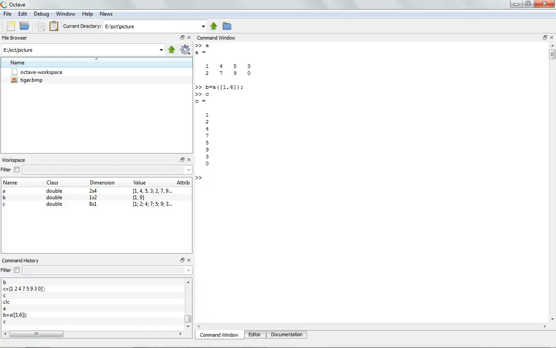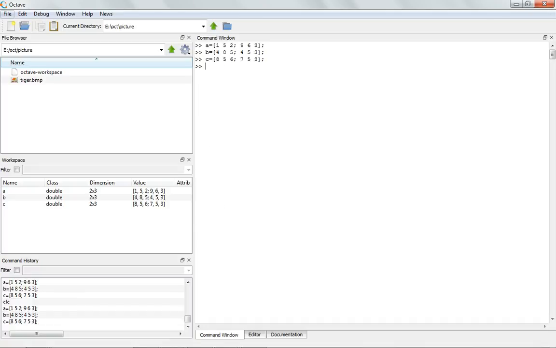And then if you want to retrieve the index, that is b = a(1,6). The first position, that is 1, and sixth position, that is 9, is retrieved. So when you enter b, 1 and 9 is retrieved. Now we have to create 3 planes of one single array. So for that we have declared a, b, c as 3 two-dimensional arrays. Now how to convert them to 3 planes of a 3D array?